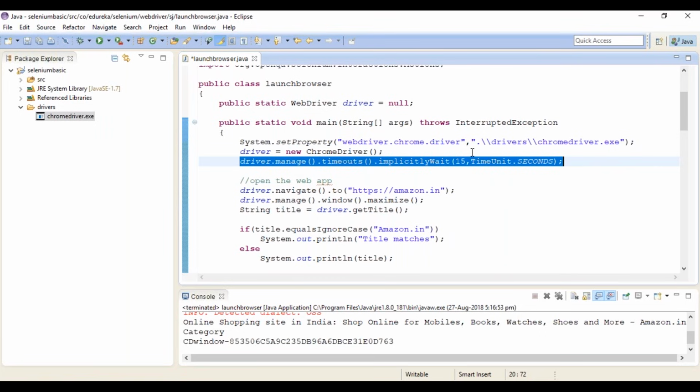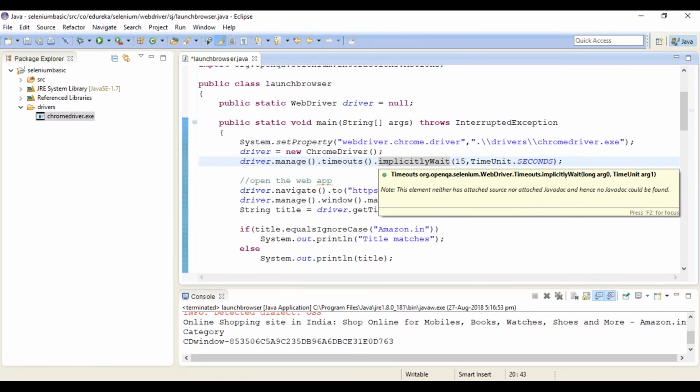So the web element that you want to identify or locate takes a little longer to get loaded. And when you're running your test case, if you do not have implicit wait, then it tries to identify the web element immediately. And if it does not find it immediately, it'll throw up an error saying no such element found. So implicit wait ensures that your entire test script waits for a certain duration, that is the maximum duration.